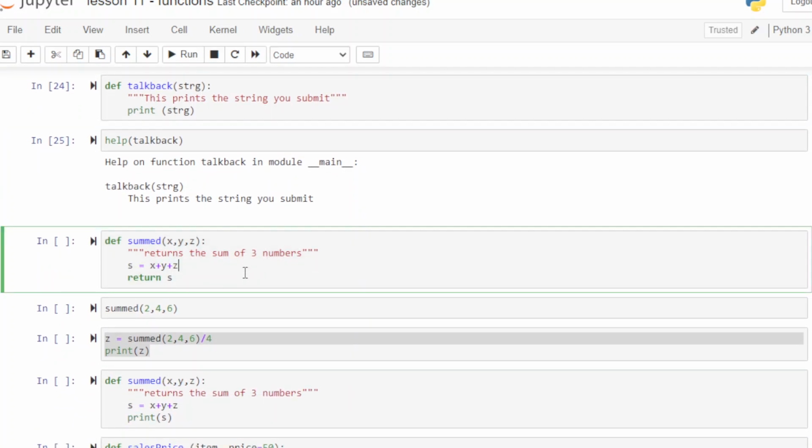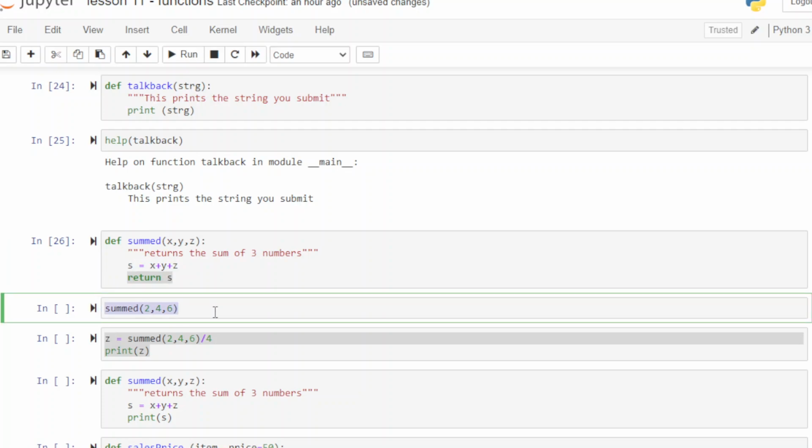All right, so let's go more interesting now. Let's do more variables. We're going to make a new definition, and we're going to define it as summed x, y, and z, colon, and again, right here, returns the sum of the 3 numbers. And in here we've got s, which is just a variable I made up, x plus y plus z, and I have this phrase called return s. Let's go ahead and create this, and then we're going to call it. We're going to call it summed